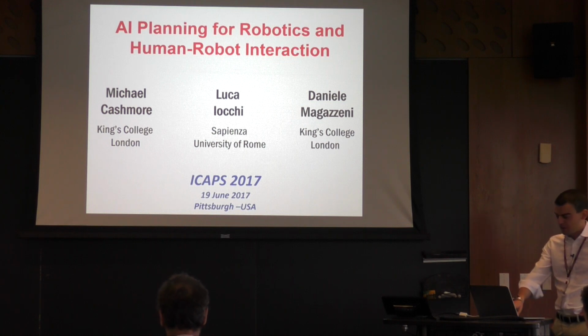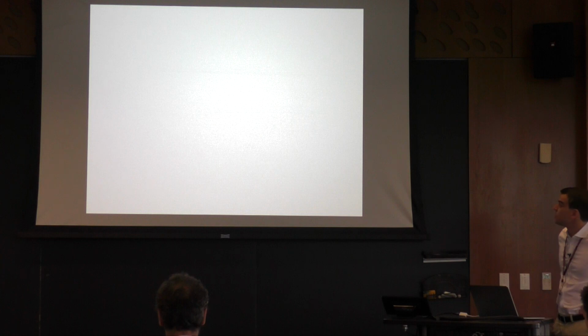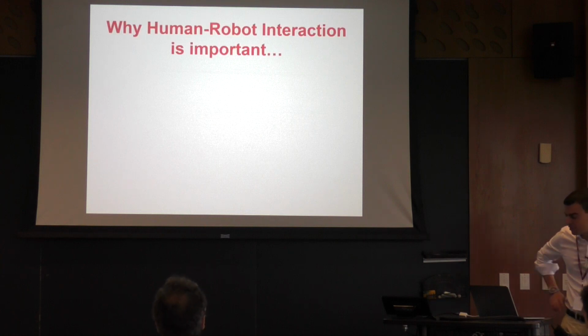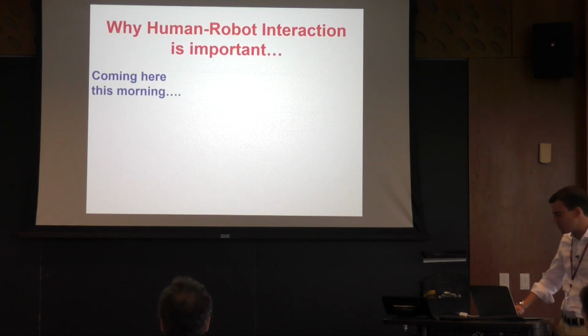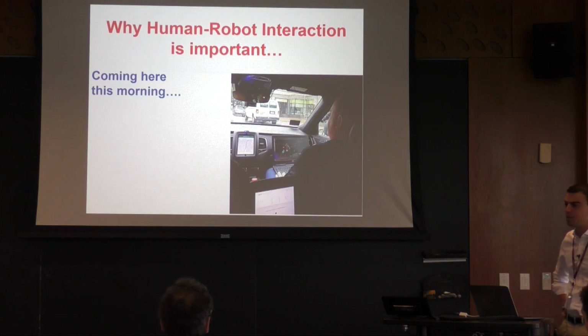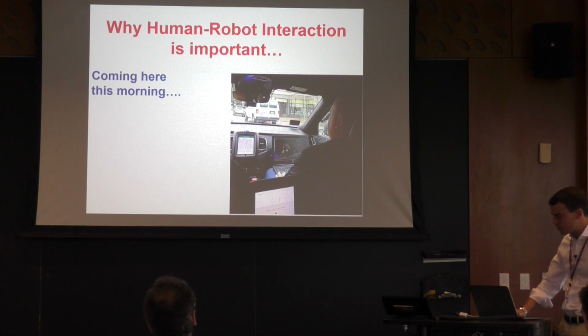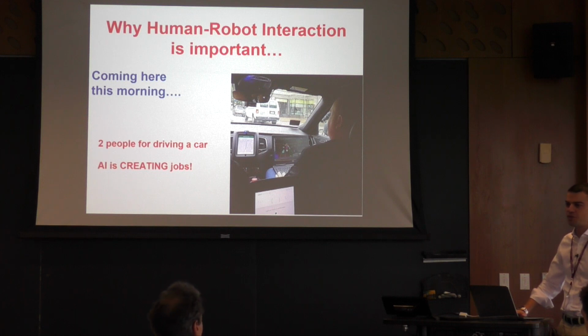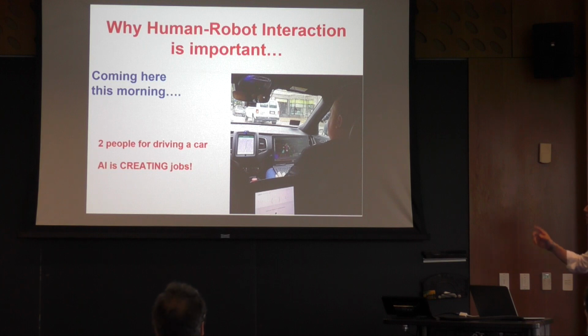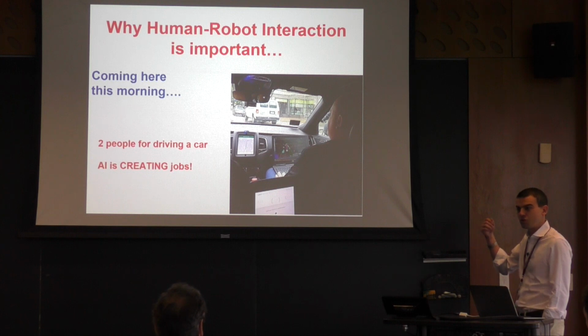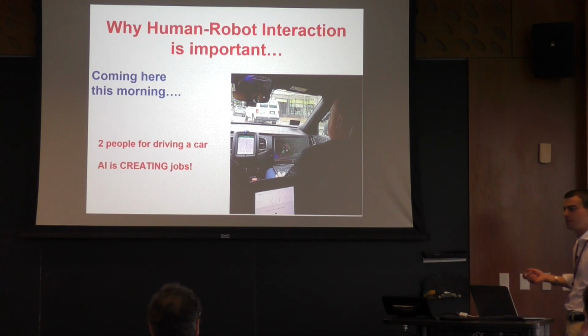So this very morning, coming here, we had even one more motivation for why human-robot interaction is important, because we had the first experience of self-driving Uber by chance. And what is nice is that we discovered that at the moment, thanks to AI, two people for driving the car are needed. So the real truth is that AI is creating jobs rather than stealing jobs. But the point behind the joke is that anyway, there is no human-car interaction yet, right? Because you need to talk to humans. So one more step that is needed is for humans to be able to talk to the vehicles.